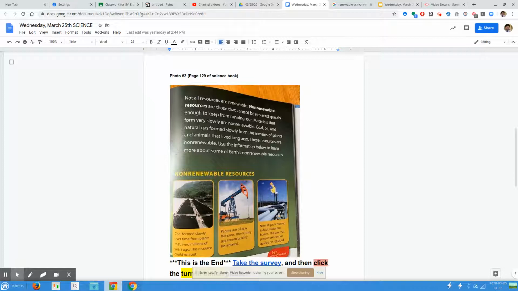These are things that have formed very slowly over a long period of time from the remains of plants and animals that lived long ago. So take, for example, dinosaurs. The dinosaurs lived many millions of years ago, and they died, and their bodies fossilized, and the dinosaurs decomposed. And eventually animals millions of years ago, like dinosaurs, died and decomposed, and their bodies created materials and substances in the ground,